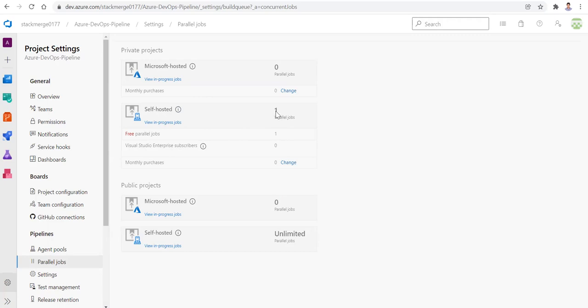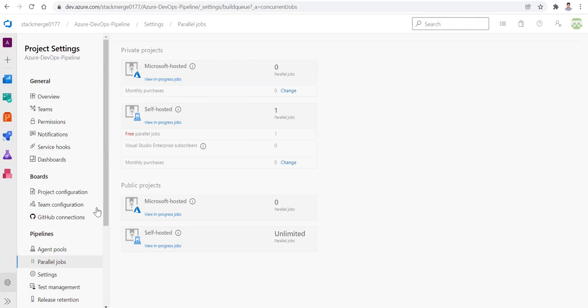They will give you a parallel job. If you don't have this, you won't be able to run your pipeline; it will fail. So you need to submit that form and wait at least 2-3 days. Then they will upgrade your account and you'll get one parallel job. Only then will you be able to run our Azure pipeline. So that's the important thing.